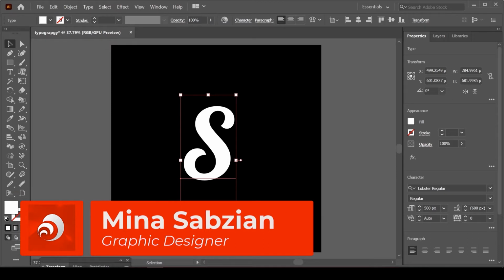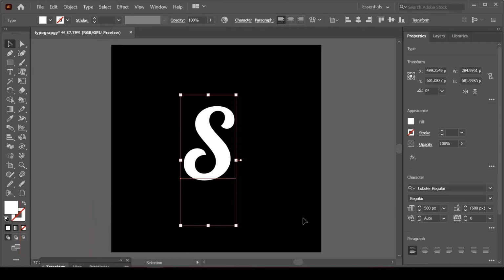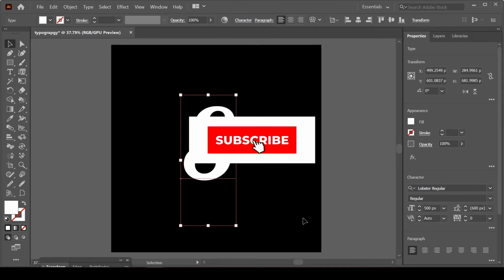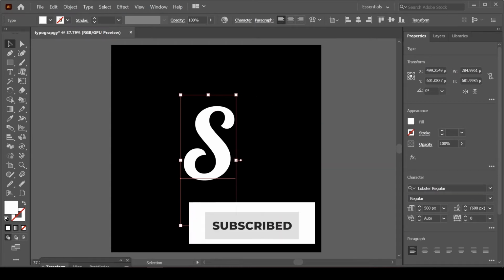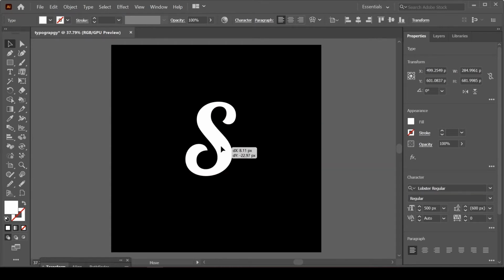I'm a graphic designer. Today we want to learn together how we can create typography design in Illustrator. Open Illustrator and make a document here. I made it and I filled it with black. And I wrote one alphabet here, like